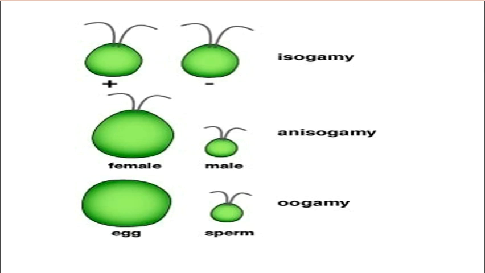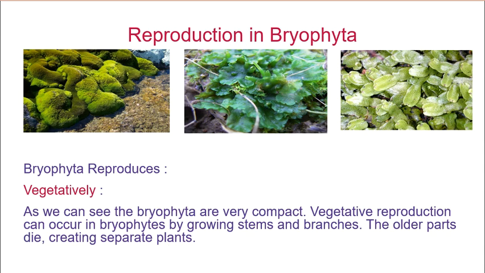Now moving forward, we will see the second category of plant kingdom, that is Bryophyta. Now these are the pictures of Bryophyta. This is the moss. This is liverwort. This is hornwort and this is liverwort. Fine. These are all the species of bryophytic plants.